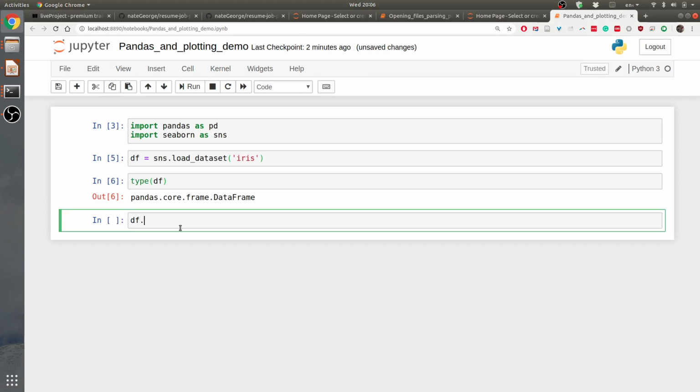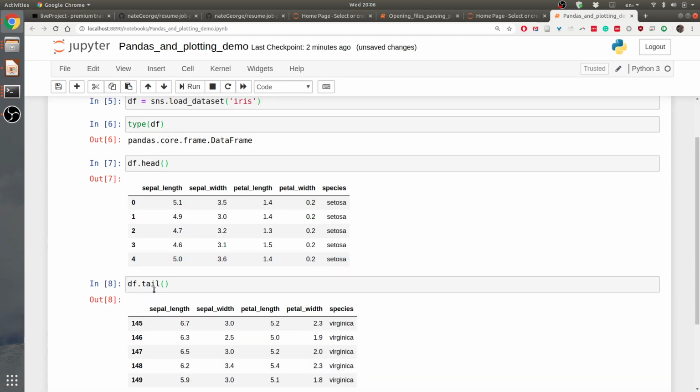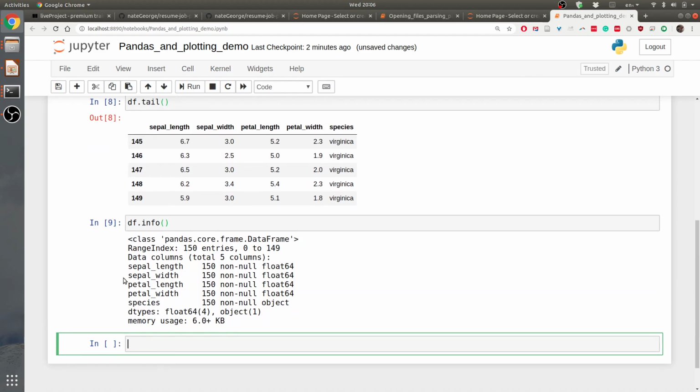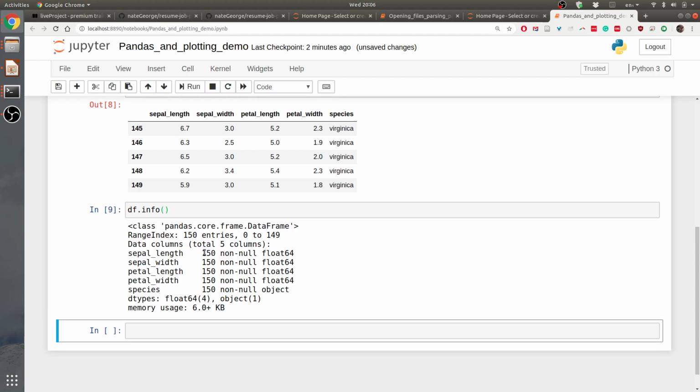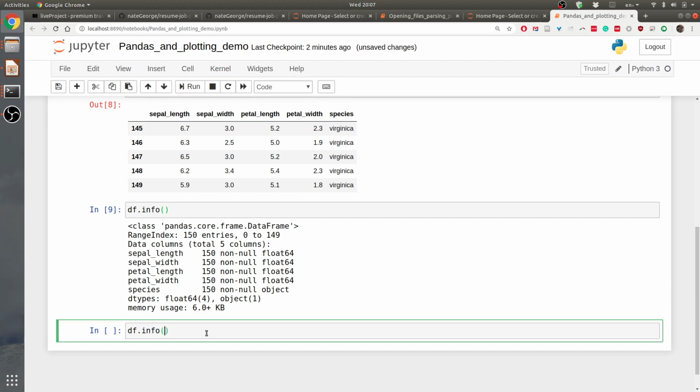And if we want to look at some of the data, we can look at the top few rows, we can look at the bottom few rows. There's a couple other commands that are super useful, like info. It tells us how many entries there are that are non-null, so how many entries we have that are not missing. It tells us the data types for each column, how many data points, and the memory usage. If you want to get the full memory usage, I believe